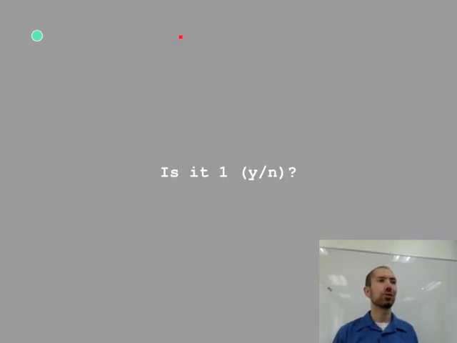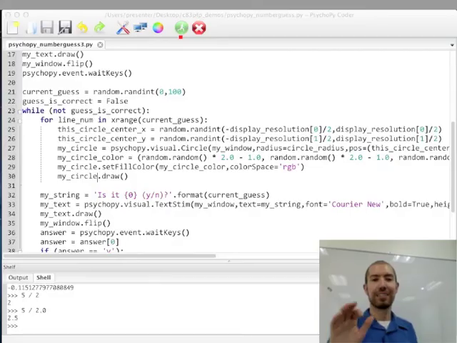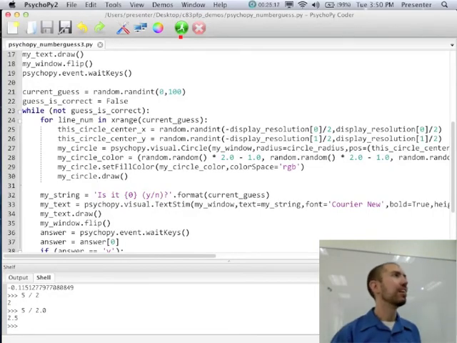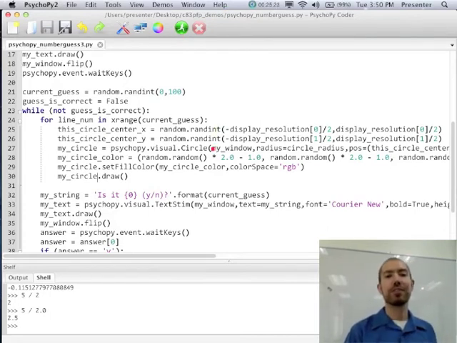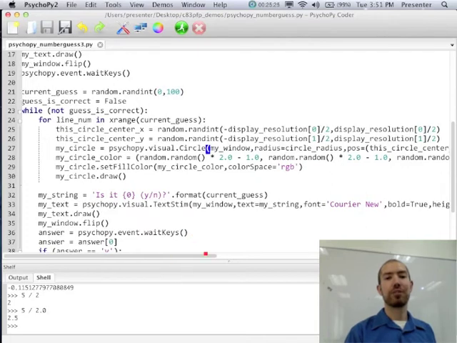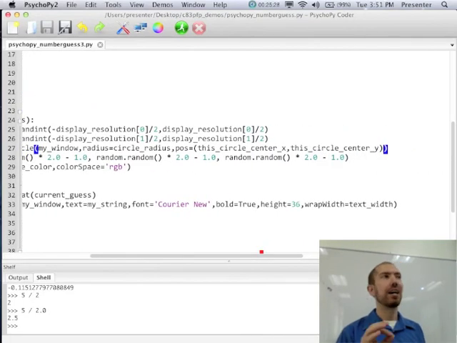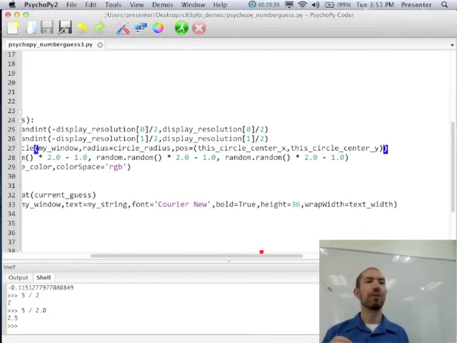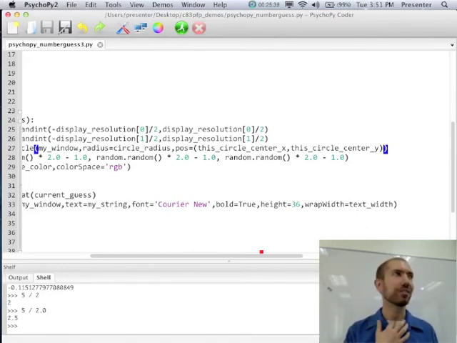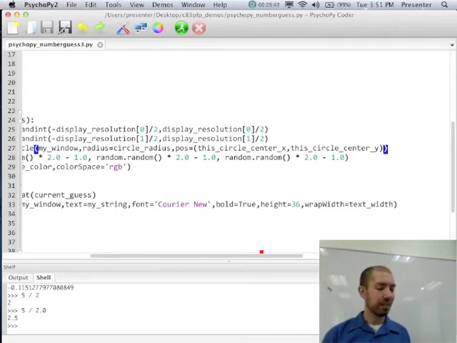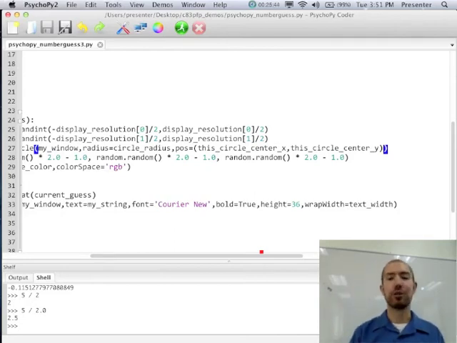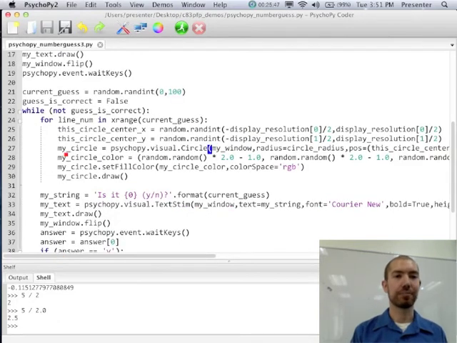All right, so has everybody got little circles popping up? People get that? Do you want to take a quick debug break? For anyone that didn't hear or have that error, one error you're going to hit again and again is not closing off your parentheses. A lot of people didn't have this parenthesis closed off. I haven't fully told you what we're doing with the parentheses when we use them, so you don't need to fully understand it just yet. But you do need to make sure every opening parenthesis has a mate, a closing parenthesis, or bracket if you call them brackets, because otherwise your code won't compile or won't be interpreted correctly.